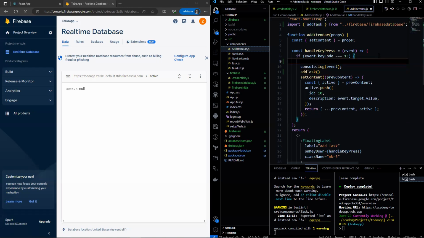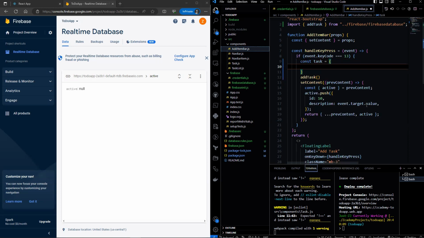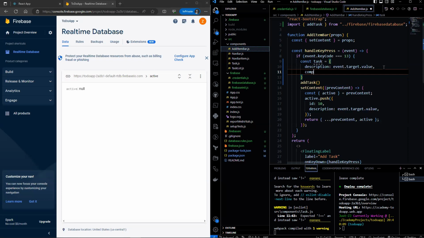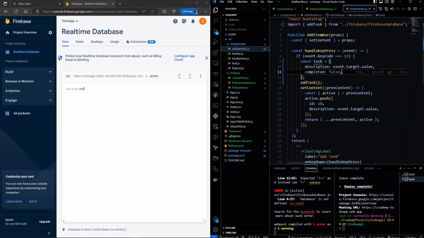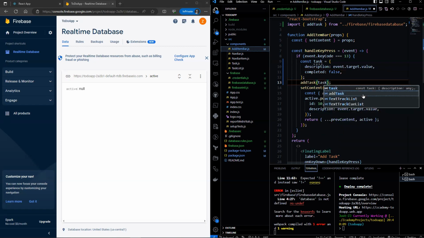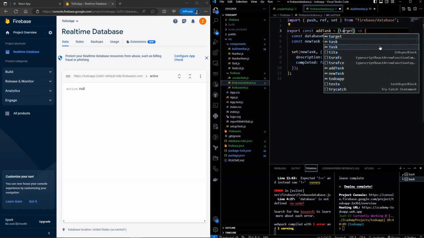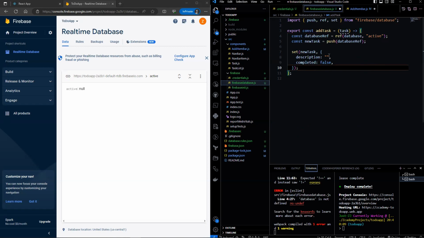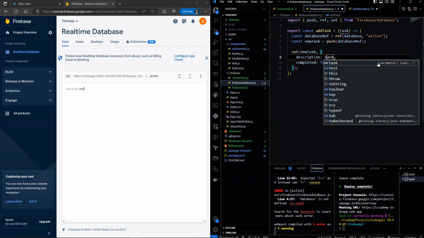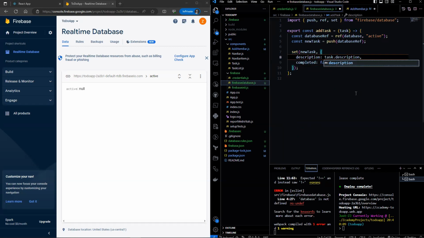Let's create a variable called task here and give this a description and the completed property of false. Then we can pass this task in as a parameter. Let's go back to Firebase database and we can put task here. Then let's get the task description and we pass completed.